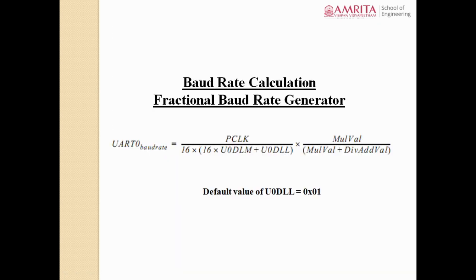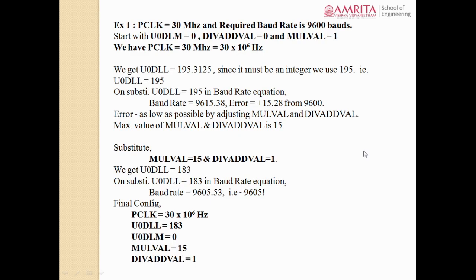You need to change the mul val and divide val. By default, you have taken mul value as 1, divide value as 0. You are going to change it. In order to reduce the error, you need to change the value of mul val and divide val. You need to keep in mind that the maximum value of these two parameters is 15. You cannot give a value above this. So for time being I am making mul value as 15, divide value as 1,